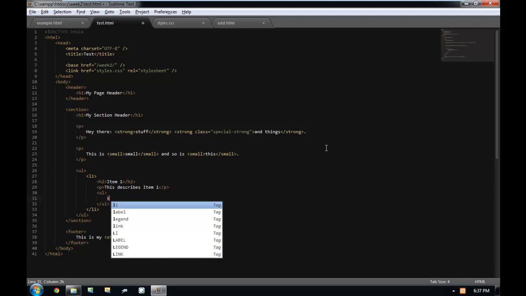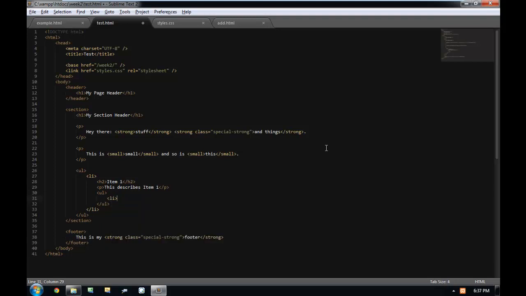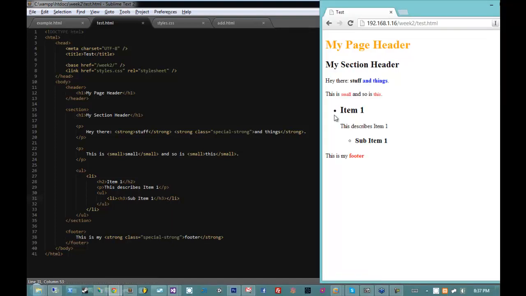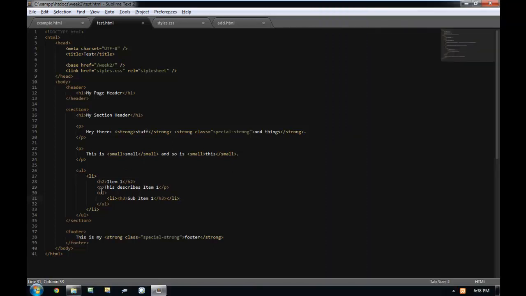And we have another LI inside of it, and we'll call this one with an H3, sub item 1, H3 LI. Okay, so this is a bit of a contrived example. But we have a UL, an unordered list with a list item, with an H2, a paragraph, and another unordered list with a list item with an H3. So a bit of contrived HTML, but believe me when I say this is not the most complicated HTML that